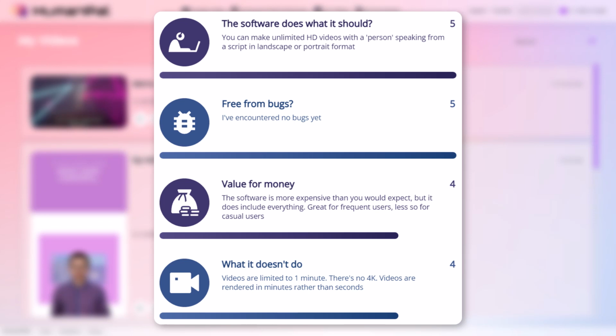You get good videos, as we've seen from that video I just saw. Really good video. And you can go and make human faces, although I suspect you can probably do that on other websites. Now let's talk about what it doesn't do. Your videos are limited to 1 minute. That's all. There's no 4K. I don't think that's a problem because you're not going to need 4K for this type of video. It's going to go on social media and YouTube, and HD is fine.